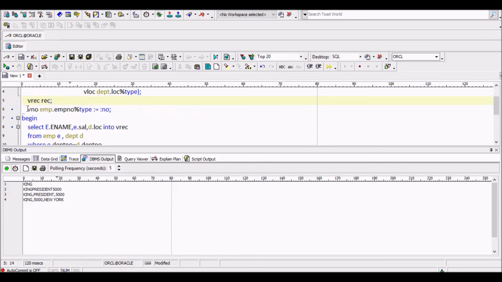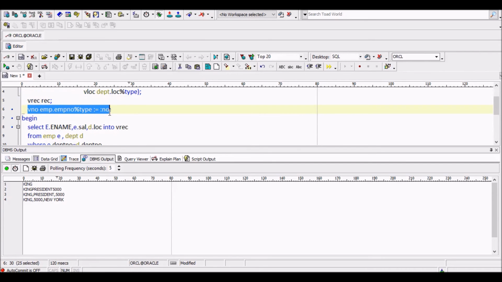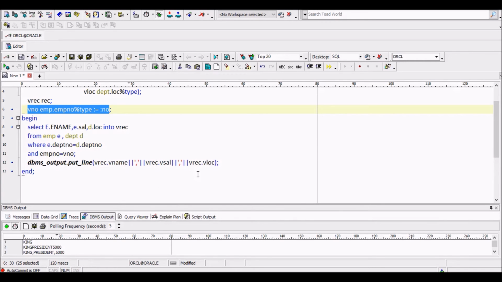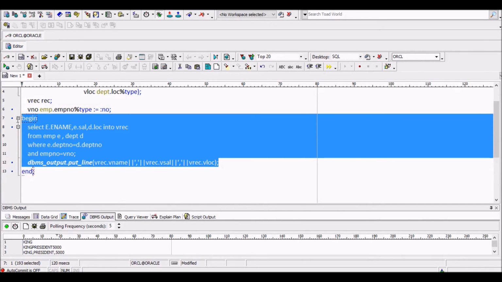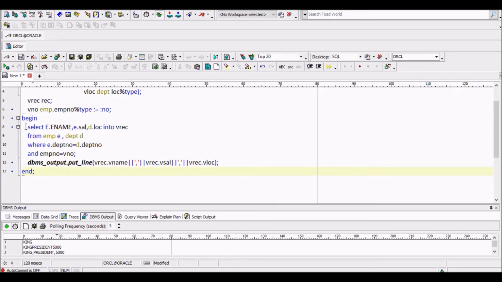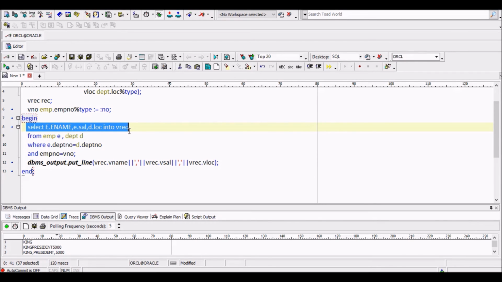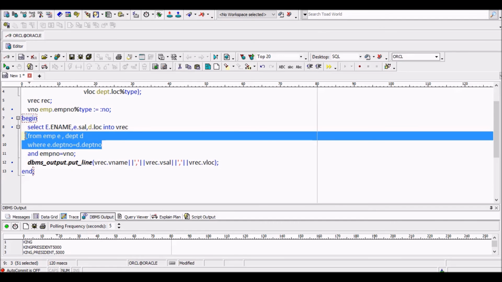Now vnumber, this is percentage type. Now I am checking the executable section. So select ename, comma sal, into vrec. This is select into vrec. Now from emp comma dept. In record type we have to use joins because we are fetching the data from more than one table.